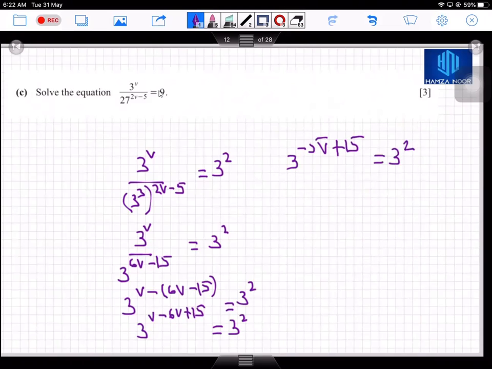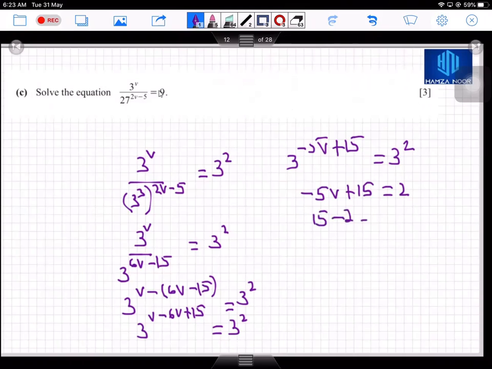And since we know that according to the laws of indices, when a raised to the power m is equals to a raised to the power n, so when the bases are same and the terms are equated to each other, therefore the powers are also equal to each other. Therefore m is equals to n. So here we have the same base now, and the terms are being equated to each other, so the powers will also be equated to each other. So therefore minus 5v plus 15 is equals to 2, and hence